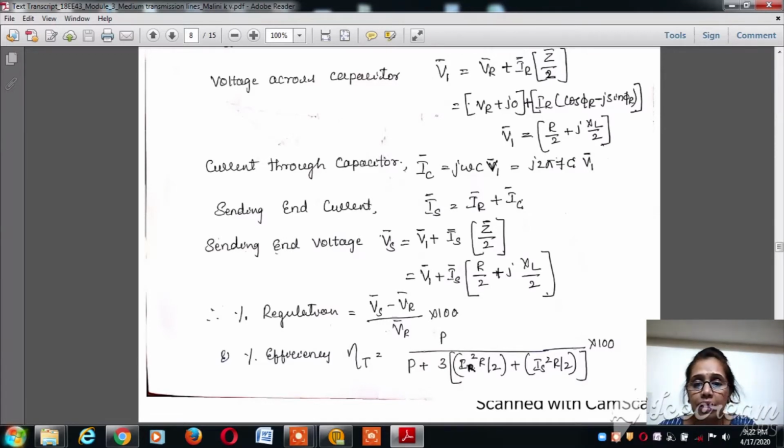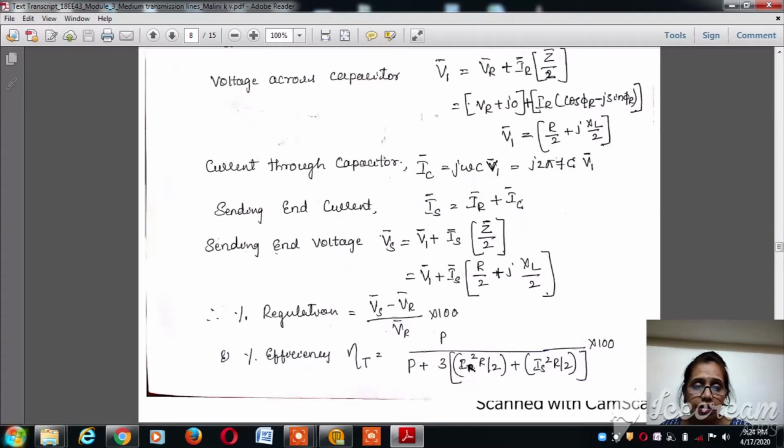That is, omega is nothing but 2 pi F into C. That is, omega is 2 pi F. So J into 2 pi F into C into V1. Now sending end current IS is nothing but... So in the nominal T method, the capacitance is assumed to be existing at the midpoint, and then we are